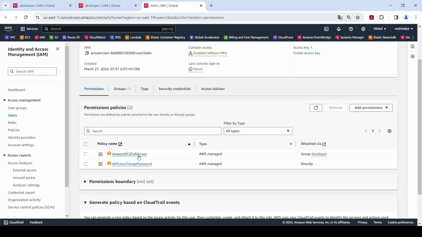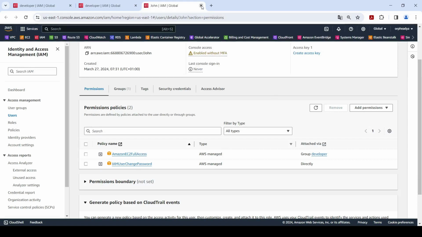Amazon EC2 full access, he has this permission because he belongs to the developer group. And the other permission was automatically assigned by Amazon when we create a user with a password.